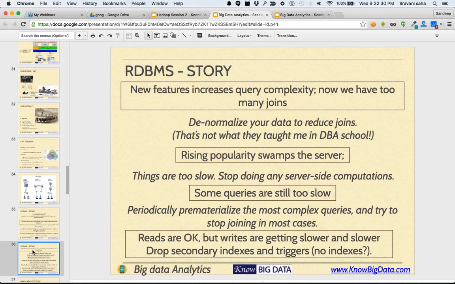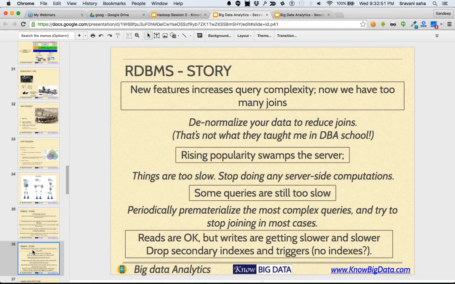Now, the second thing: when we have lots of features, we start denormalizing. What does it mean by denormalizing? We start pushing all the tables into a single table. Instead of having separate tables for each feature, we start trying to combine them.